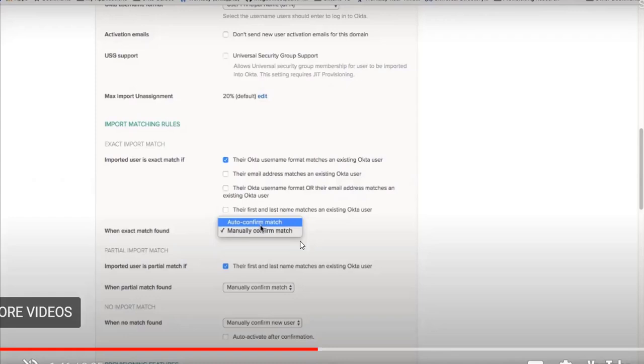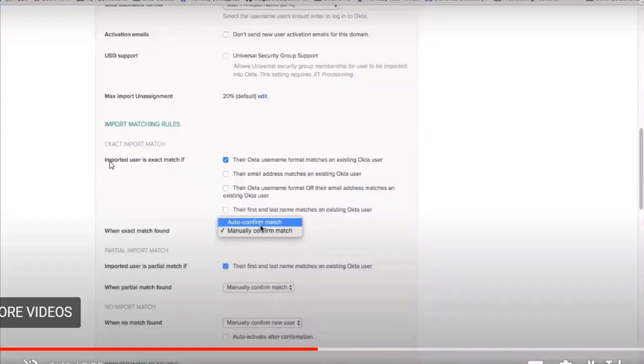The admin has to go and manually approve it. Okay, manually confirm it. If you select auto-confirm match, Okta will automatically analyze that and merge it into a single account. Likewise. Okay, so that is what it says.